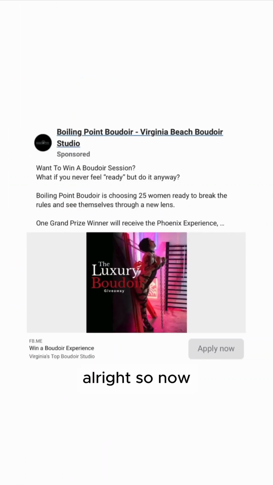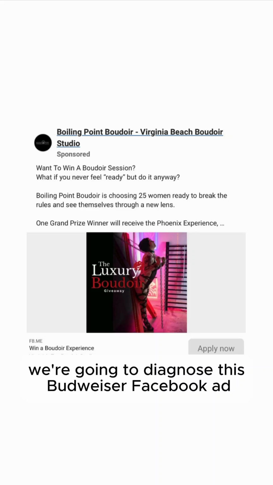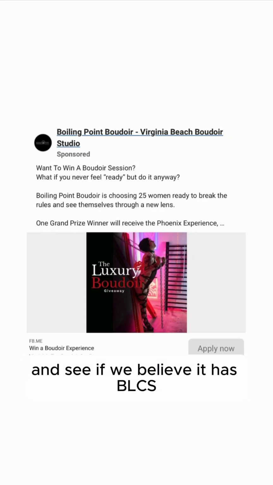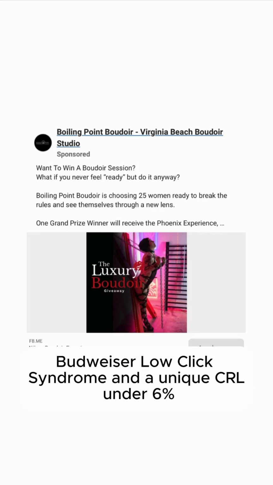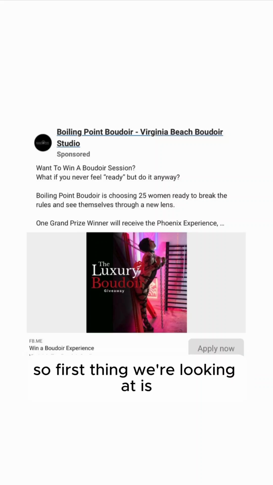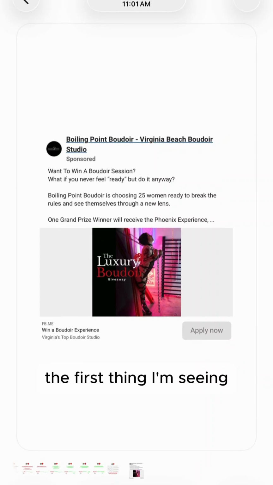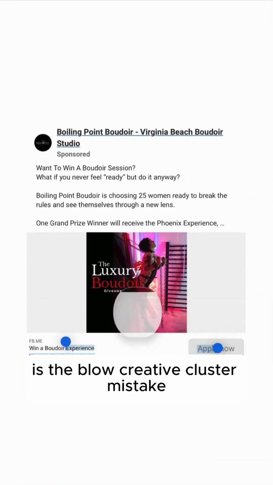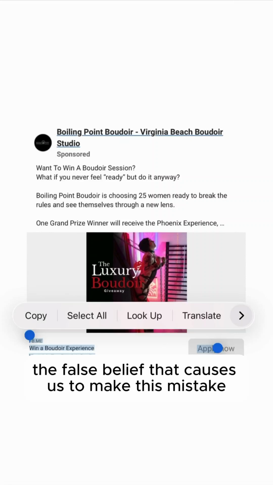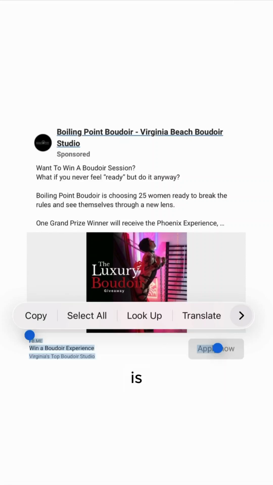All right, so now we're going to diagnose this Boudoir Facebook ad and see if we believe it has BLCS, Boudoir low click syndrome, and a unique CTRL under 6%. So first thing I'm seeing is the below creative cluster mistake. The false belief that causes us to make this mistake is that